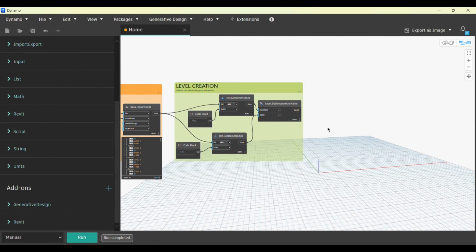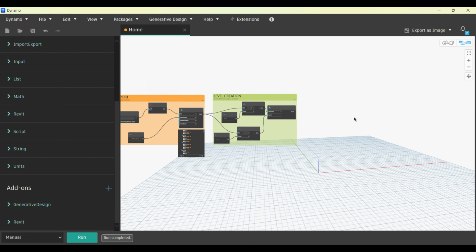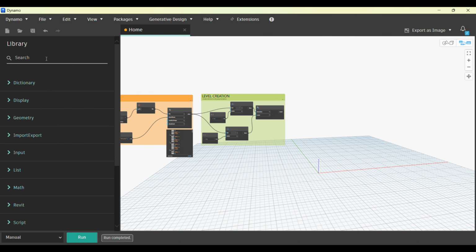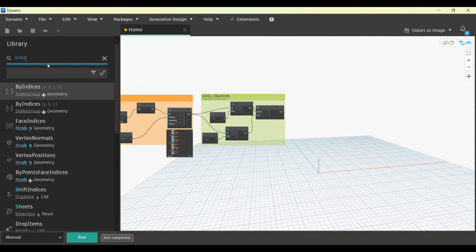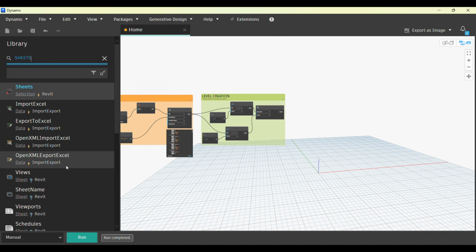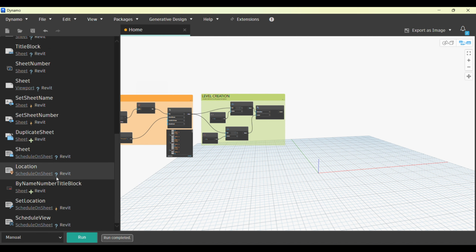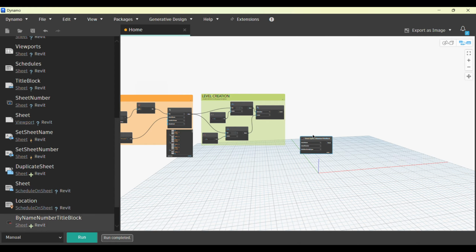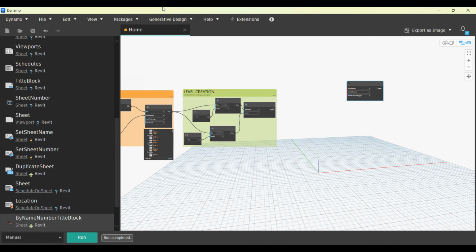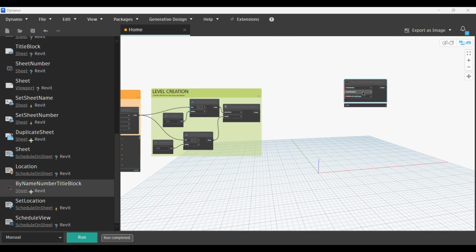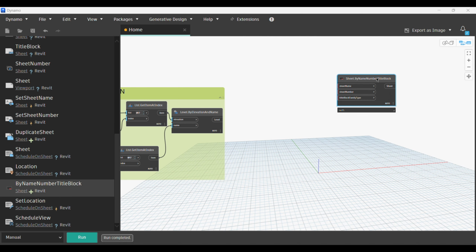Now the next thing that we have is our sheets. So I'll just go to the sheets. I'll just search sheets. Which sheet that we want? Name, number, title block, right, guys? I'll just select this one. Or perhaps, since we want to create the views in the sheets as well, just delete this. So I'm not able to